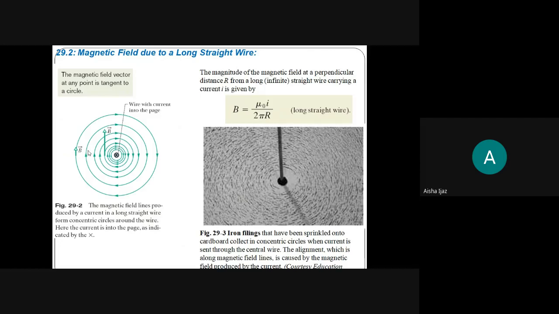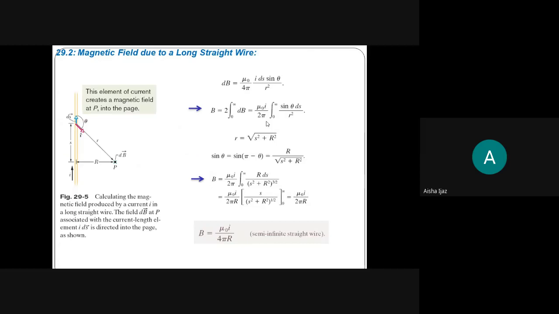So I hope students this point is clear to you, and if you have any question you can ask me in the online session. But how will we find this B field which is written here, mu naught I over 2 pi r? For this, you have to use the laws here. You can derive this result from Ampere's law also. We will do that in the next lecture.